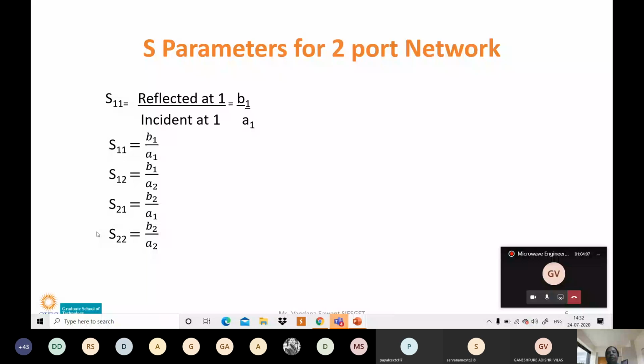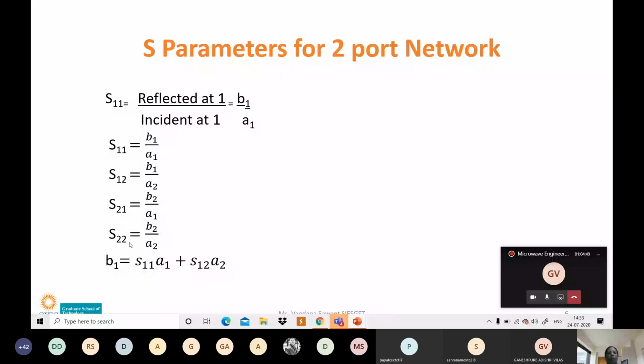Then we can put it in a matrix. Okay, for a two-port network, four S parameters are possible. Now from these four equations we can write the equation for B1, that is the output equation. The output signals are B1 and B2, so we can write the equation for the output signal depending upon these four S parameters. So B1 is equal to what?